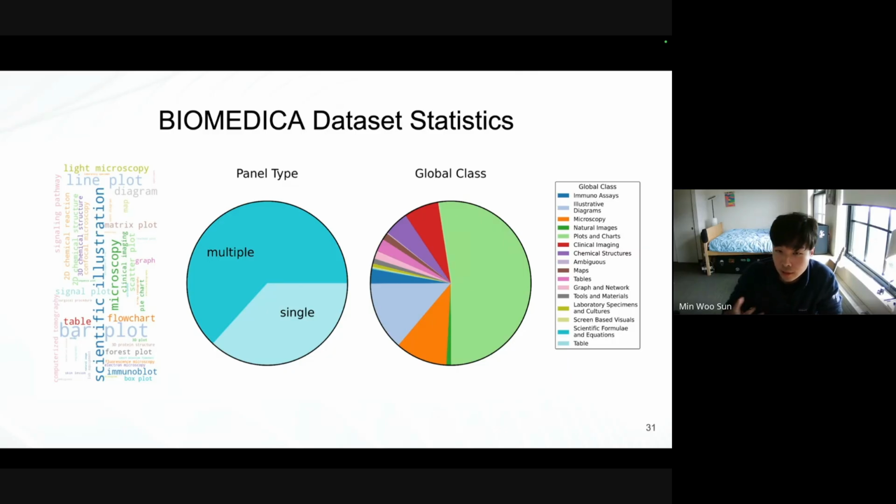Also, we're able to look at what type of concepts are represented. And interestingly, more than 50% of the 24 million images are plots and charts. I think that somewhat makes sense in that plots and charts are a very common way to summarize and share scientific results, so that's not surprising. We also do see a lot of biomedically relevant imaging modalities like microscopy, clinical imaging like radiology, immunoassays and such. And another thing to note is here I'm showing more of a global high-level taxonomy concept, but we also have fine-grained labels where, for instance, for microscopy, we can look at things like confocal, light microscopy, electron microscopy, not just this global microscopy label.